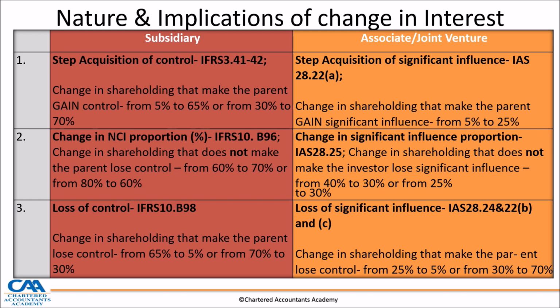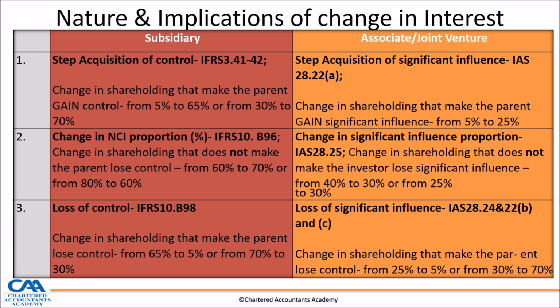There is what we call step acquisition of control. Step acquisition means there was some acquisition, the acquirer or the parent or the investor was holding something, but they ended up acquiring more. So if you have 5%, which is an IFRS 9 financial instrument, financial asset, and you acquire 60% more, you end up with 65%, or you're at 30%, which is significant influence, associate, and you bought 40% more. That is step acquisition of control. There's also step acquisition of significant influence on vice versa, on the right side,